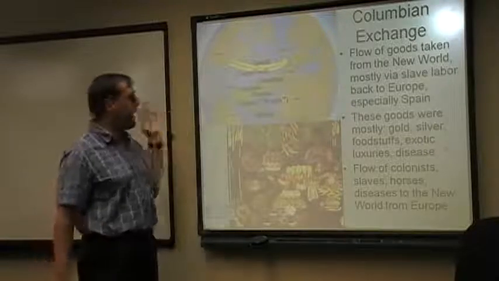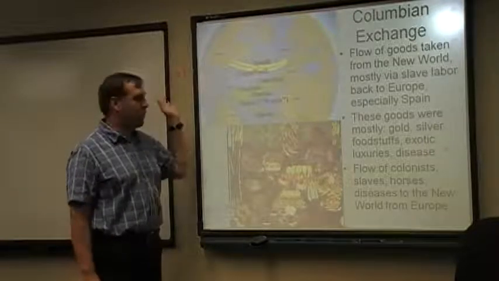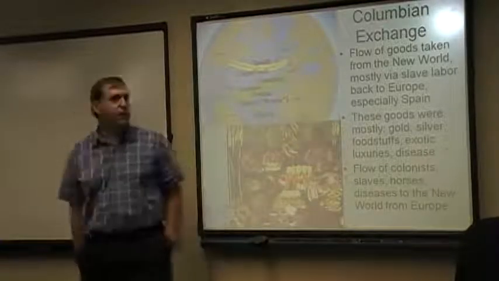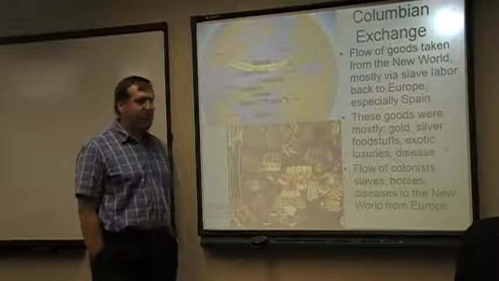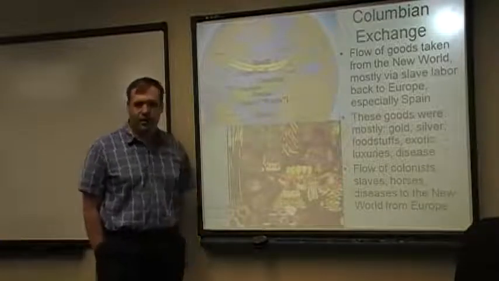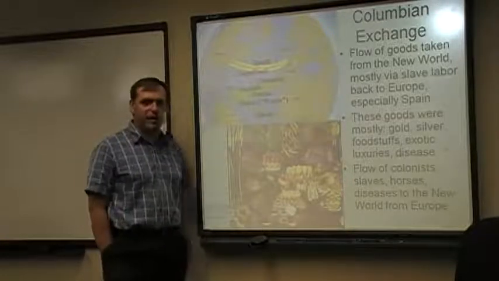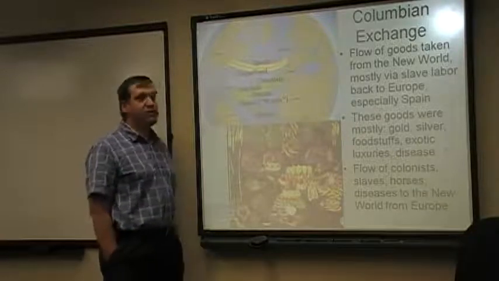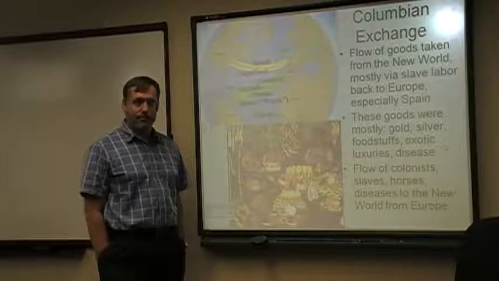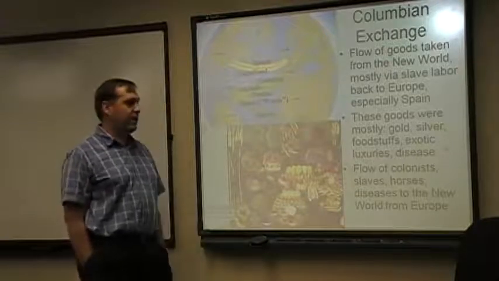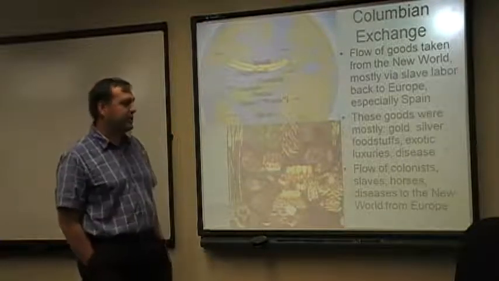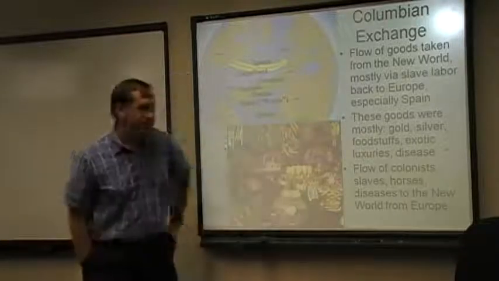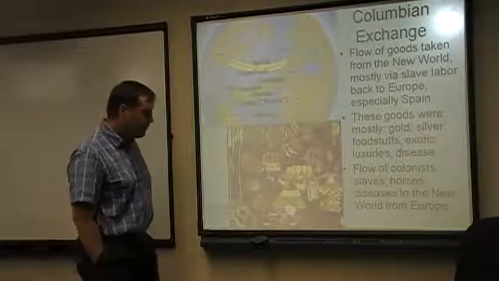Now, these goods that are heading back from the New World to the Old World are specie, which is gold and silver. It must be nice, when you think about it for a second: oh, you just find gold on the ground, you find silver in South America or something like that, just bring it back and buy whatever you want. But when you do that, you create massive inflation. You create massive amounts of inflation, and there's going to be some economic dislocation that's going to take place as a result of that.